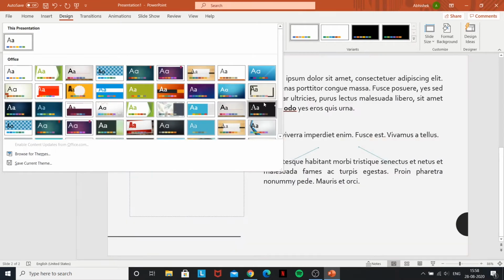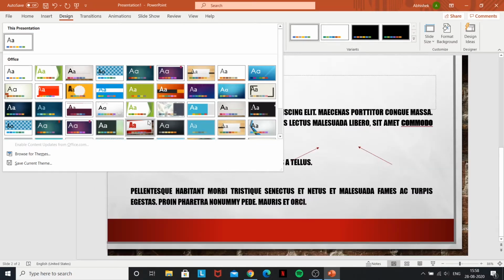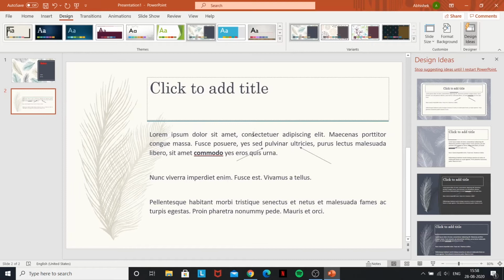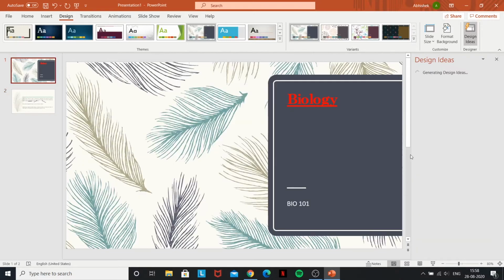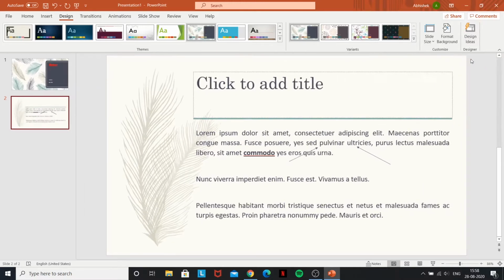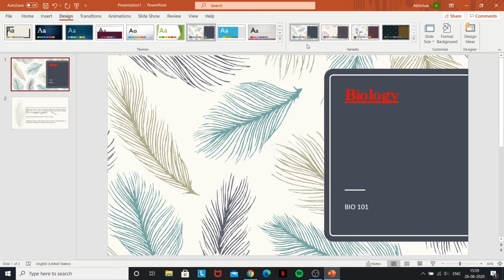And you can choose whatever you think is appropriate to the current topic that you're talking about. So here, I think this looks quite nice, so I can use it here, and it automatically formats the text as well. So it changes the font color, changes the font style, it changes your home page, as you can see. So these are just pre-built templates, which makes it look nicer without you having to put much effort into formatting everything yourself. And under each theme, you can choose a different variant.